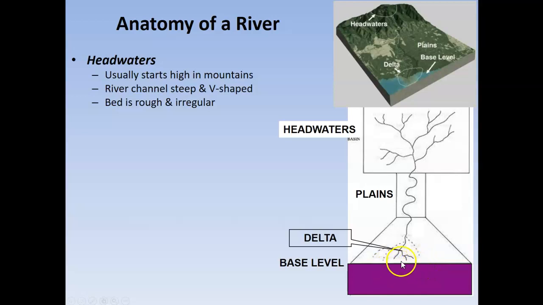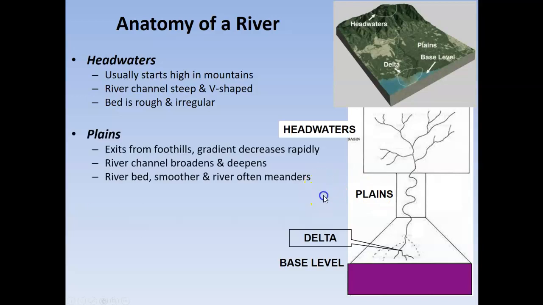the ocean here. So we have the headwaters where it's steeper, and then we have this flatter area, and then we end up going into this body of water, creating a delta. So headwaters, plains, deltas, those are the three parts of the river as we look at the anatomy. And usually it's steeper in the headwaters. These are where it starts to flatten out. The riverbed is not as steep, and it becomes a little more of what we're going to call meandering, and we'll